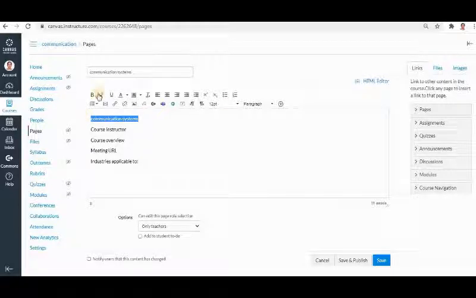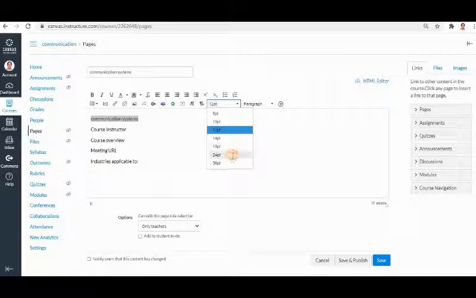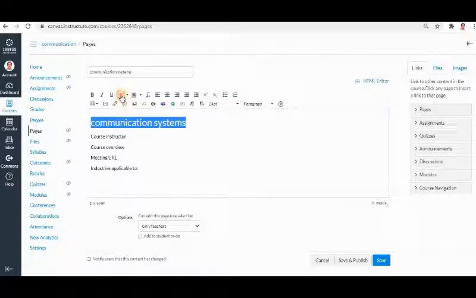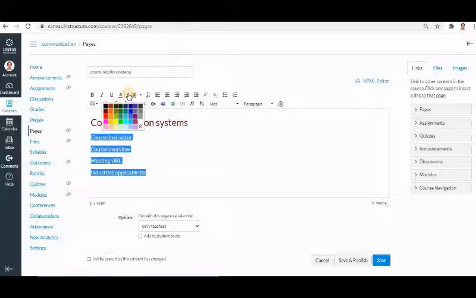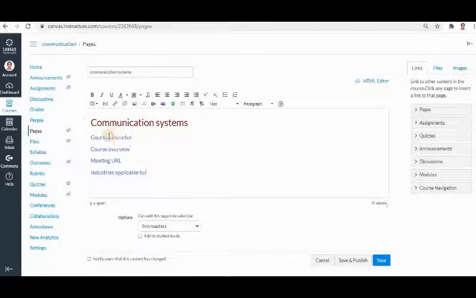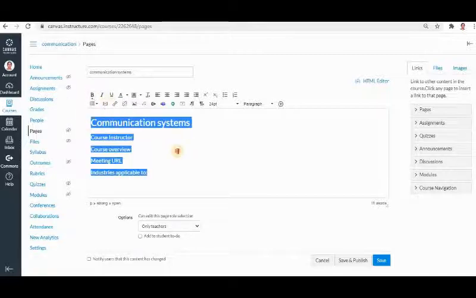So this you want to make a larger font, so go for 24 or 34 point, and you can alter the text color also here. Now if you want to make it bold, that is also possible, and this you want to get as 14 point, the color can be this, and now just bold everything.